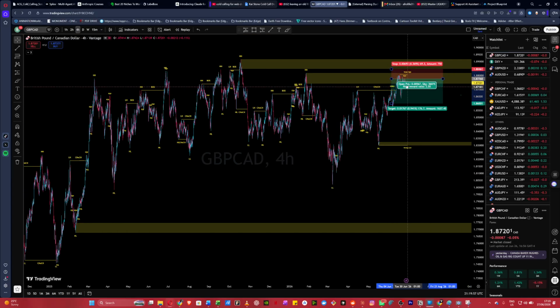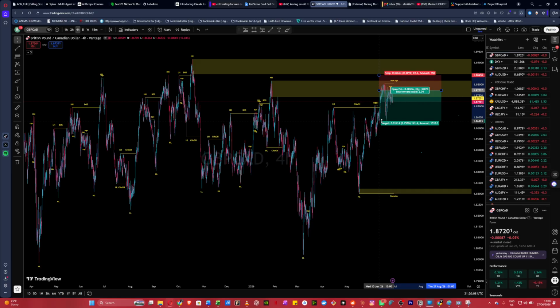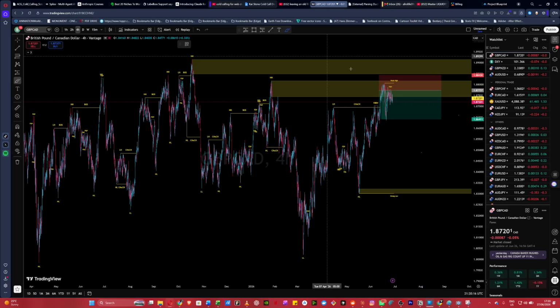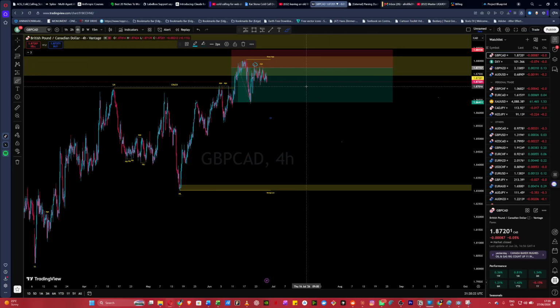So I was in this trade previously, as of last week. My TP was originally here, right? So this was where my TP was. Probably I think it should be here. And then it got here and then it came back up. But I think I closed exactly here. That's where I closed. I chickened out. I chickened out.